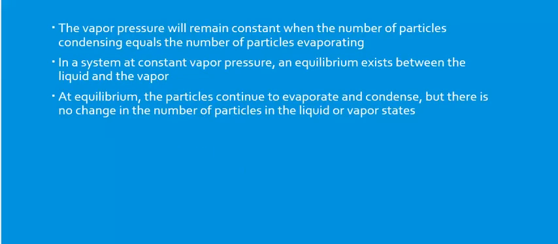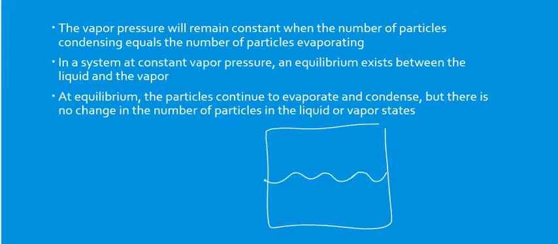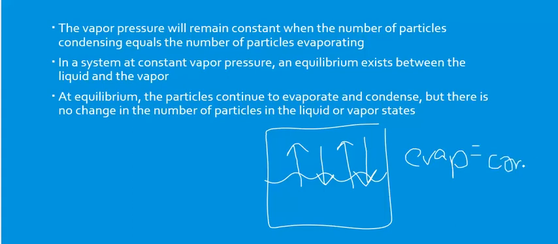So when we think about vapor pressure, you have a closed container that only contains the liquid of interest. So over time, what happens is some of the molecules escape from the surface, they evaporate. And since there's no place for these molecules to go, once they get to the vapor phase, some molecules will return back to the liquid phase. They will condense. And over time, you get an equilibrium that exists between the liquid and the vapor. So the rate of evaporation would equal the rate of condensation, and you get this equilibrium that occurs.